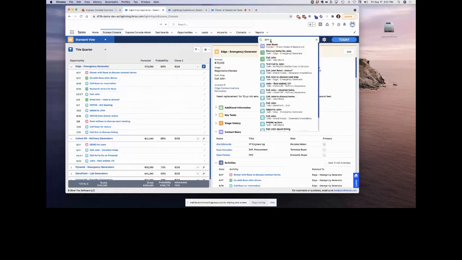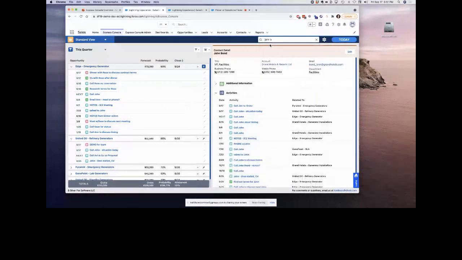I can look up somebody's contact name. So it lets you start to do some very interesting things with the user interface. Another piece that I've built in here is